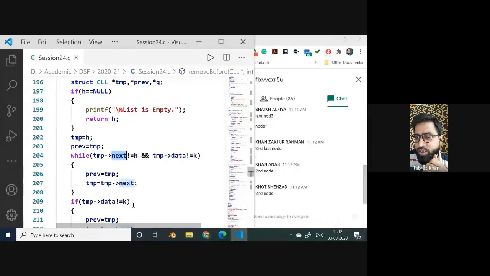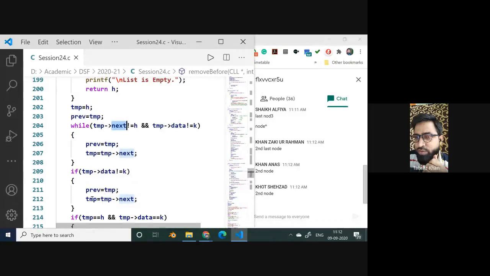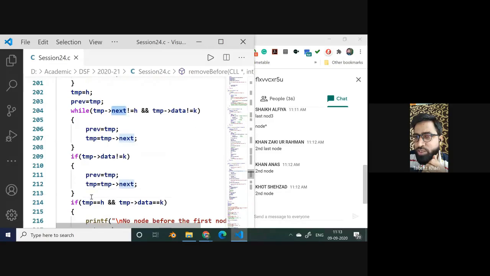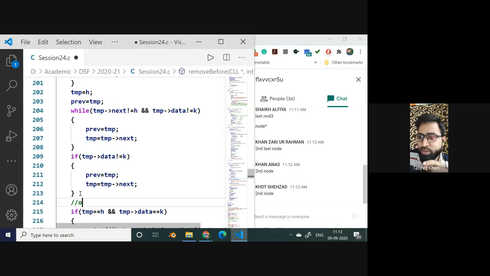Okay, so this if is also having the same two statements which are there in the while loop. So when you come out of this while and if, at this point where my cursor is, if the given node exists, temp would be pointing to that given node, and prev is pointing to a node which is previous to the given node. And here, what we need to do is delete a node before the given node. So it means that at this point of time, the